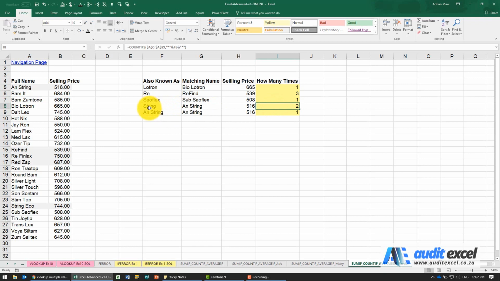So as good as this partial lookup is sometimes, it is useful to be able to do just a quick count to make sure whether you should go check and determine this product, for example, Re-Finlax, is it referred to as Re or is it Refined? So with the COUNTIFS, SUMIFS, AVERAGEIFS, etc., you can make use of wildcard characters to do partial lookups.